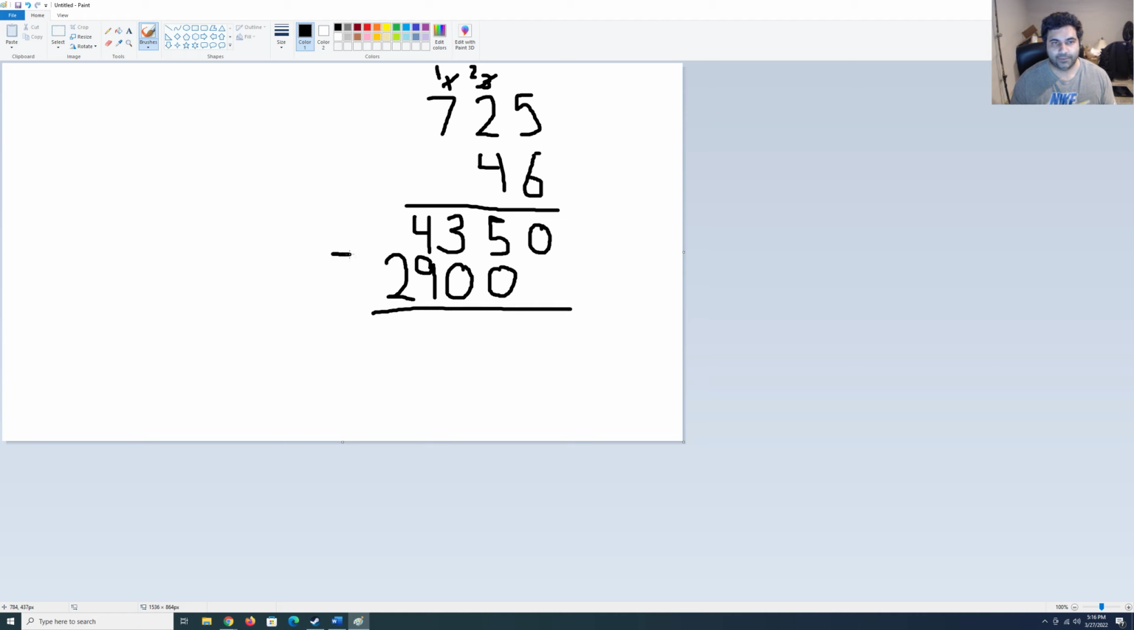And now we just have to sum up these numbers. Okay, so when there's a blank, that's like having a 0. You could even put in a 0 if you want, but 0 plus 0 is 0, so that goes here. 5 plus 0 is 5. 3 plus 0 is 3. 4 plus 9 is 13, so 3, carry the 1. And then 1 plus 2 is 3. So that's our answer. 725 times 46 is